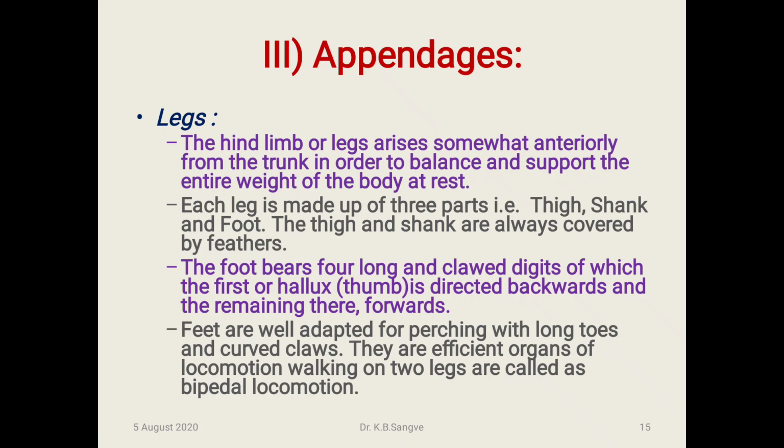Each leg is made up of three parts: thigh, shank and foot. The foot bears four long clawed digits. One is called the hallux, which is directed backward; in mammals it is called the thumb. The feet are well adapted for perching, and the long toes are used to pick up food and to